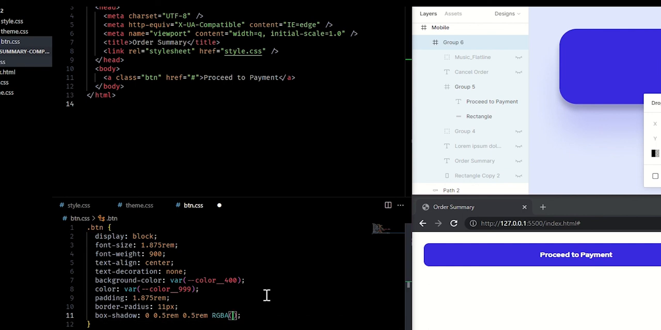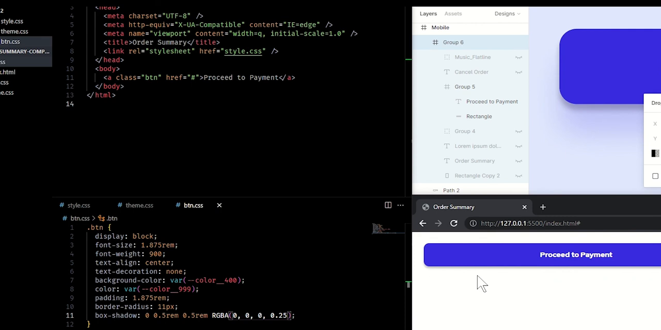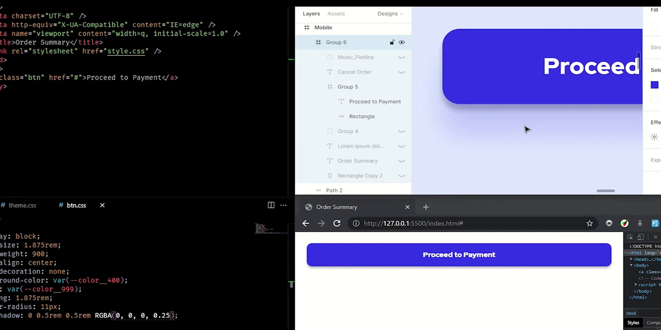and we'll add the color, which is here as a hex. It's 0 in hex and then 25% opacity. That's a reasonably easy one to convert, so we'll just do 3 lots of 0 for black, and then the alpha channel we can represent as 0.25. So there we've got our first box shadow,